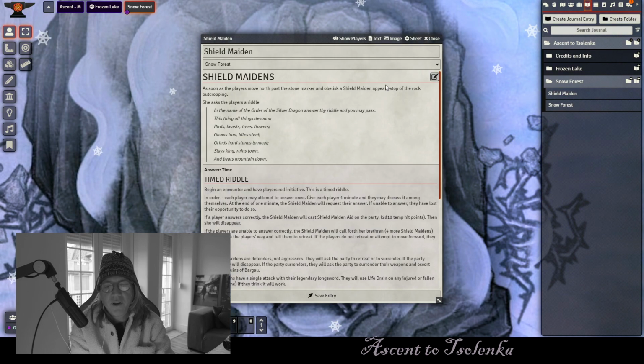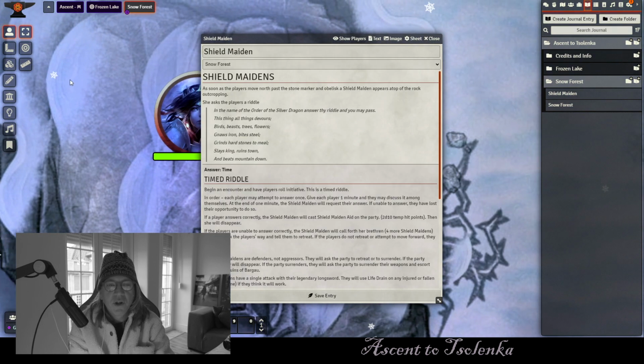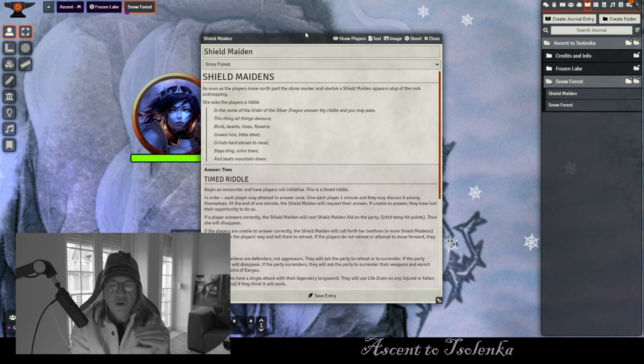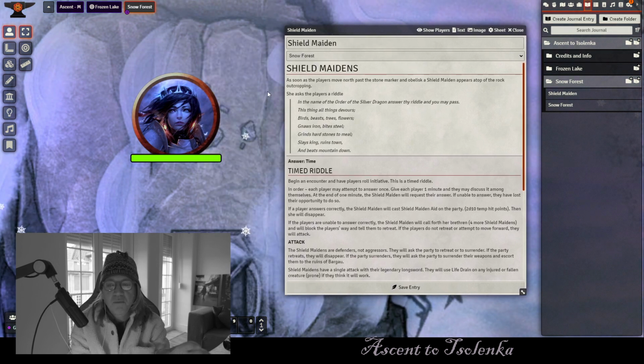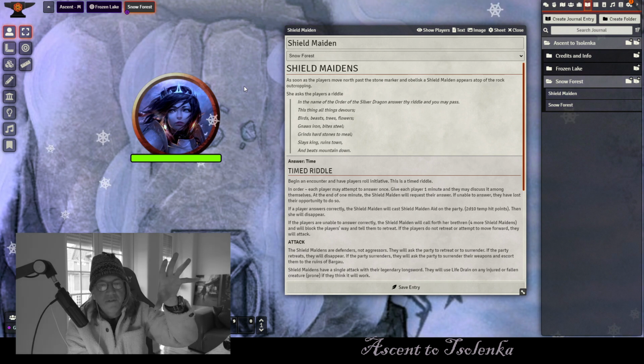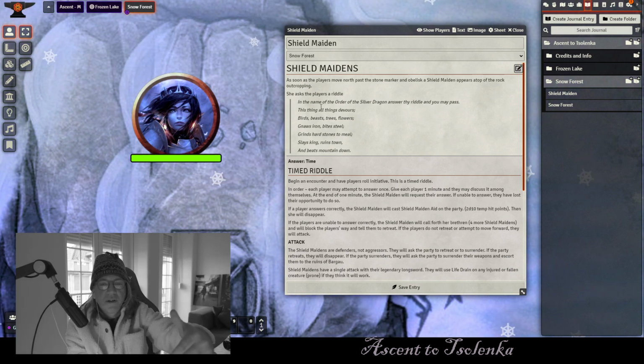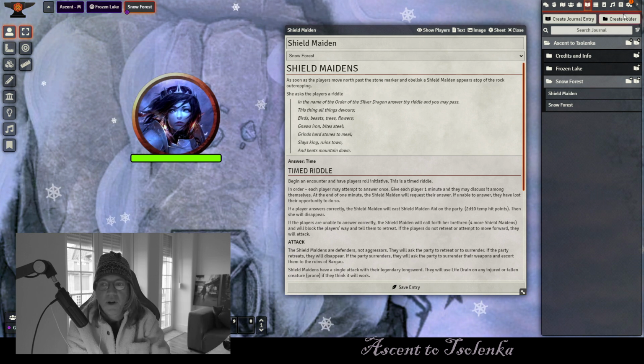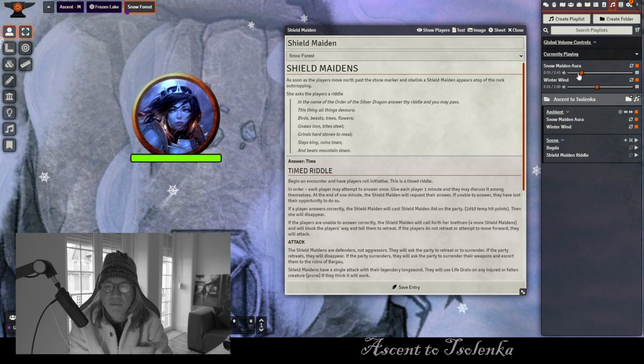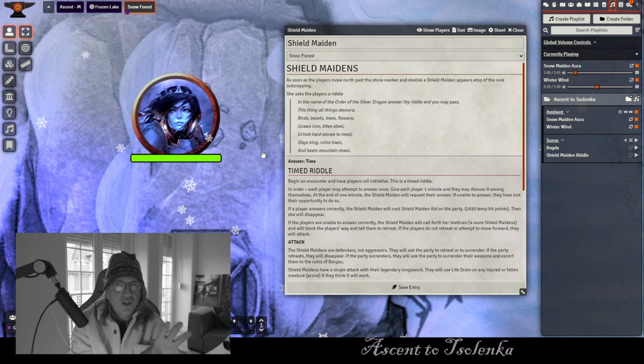So what we have here is, as soon as the players move north past the stone marker in the obelisk, a shield maiden appears like a ghostly figure on the top of the rock, and she says this riddle. You just heard it, it's recorded, but you could read it if you want to role play it here if you want to. The whole area begins to light up a little bit, and she's up there and she asks you